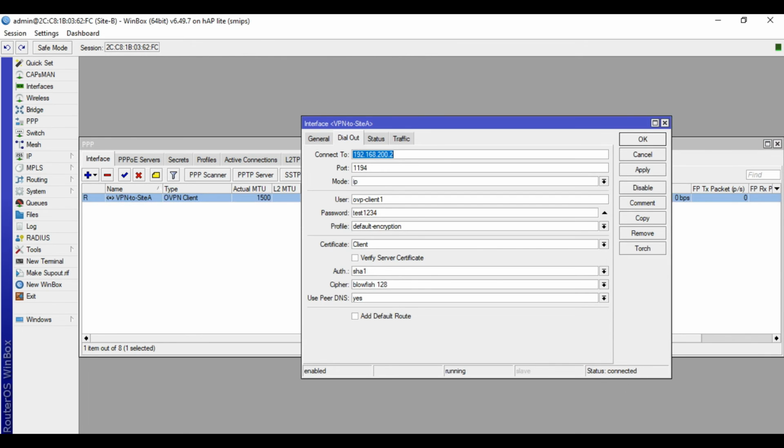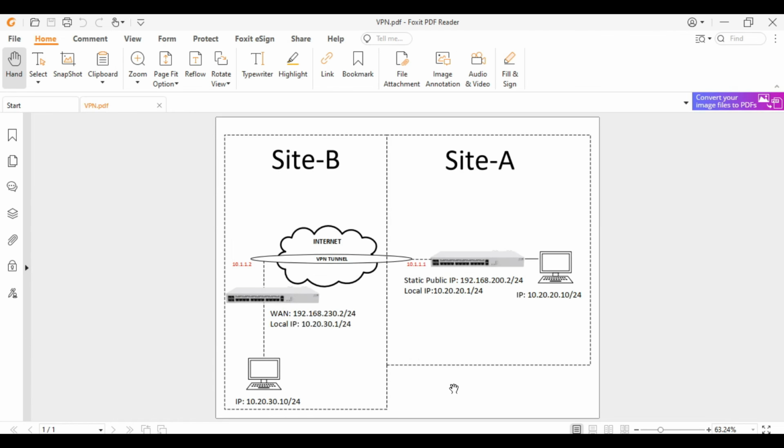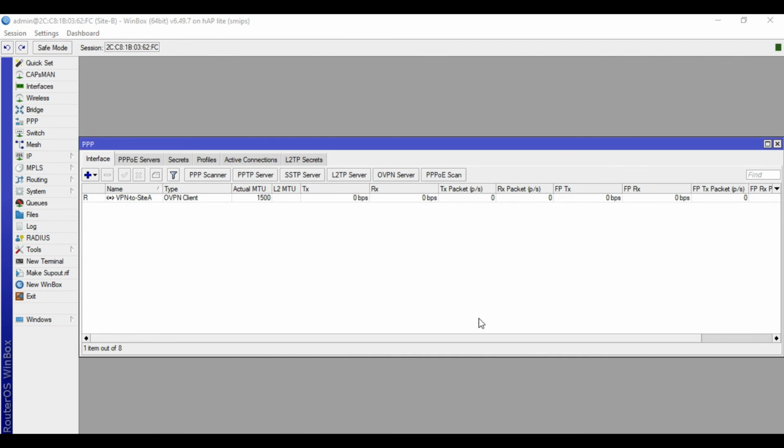Status connected. Let's go back to the topology. So what we want is for the local address of the site B to communicate to the site A. For us to connect both local networks, we will now configure static routing on both sites.